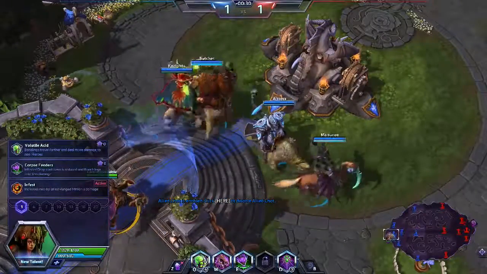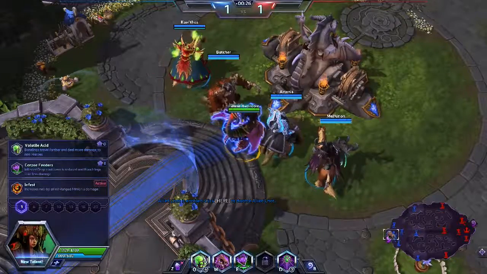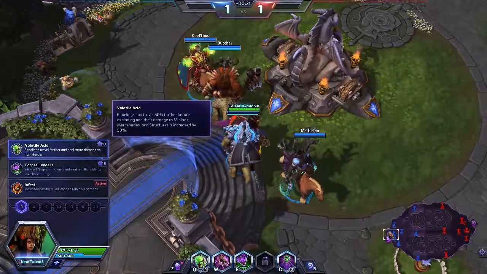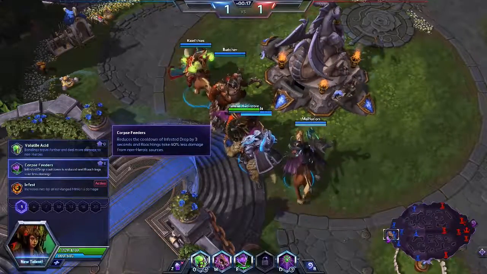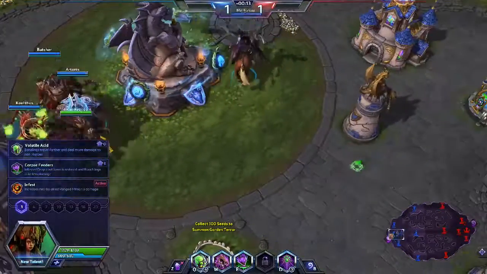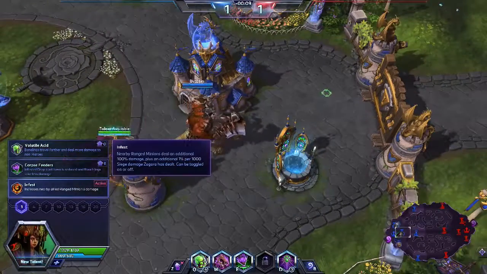Alright. What to start with? Hey, Artans. We have Volatile Acid, where banelings travel farther and deal more damage to non-heroes. Corpse Feeders, where infested drop cooldown is reduced and roachlings take less damage. And then we have Infest,